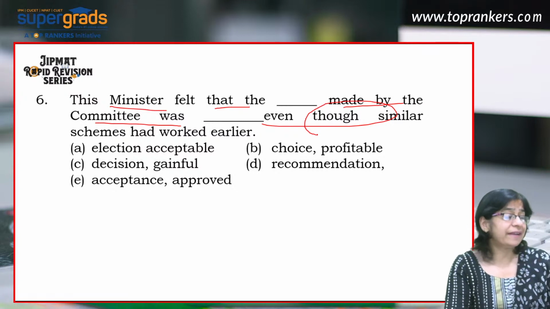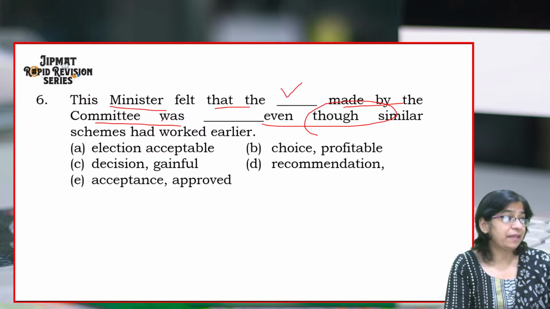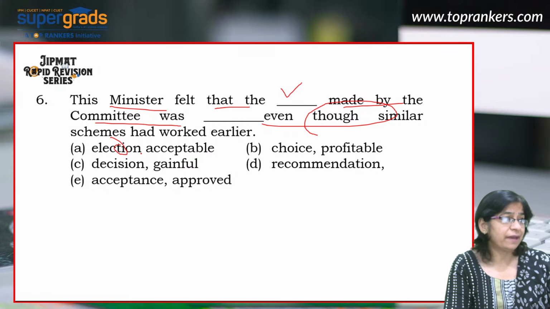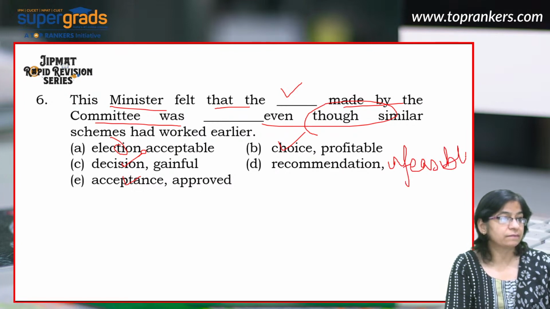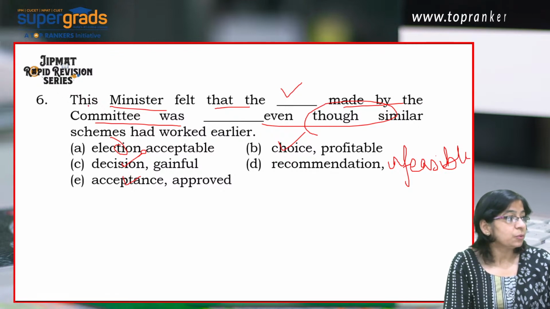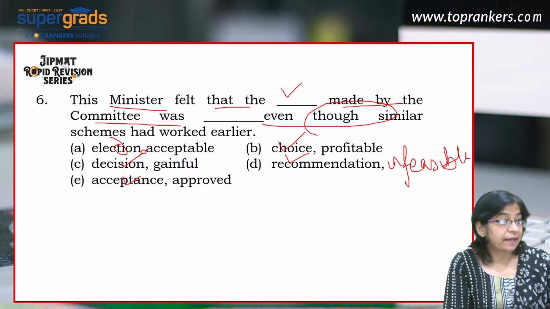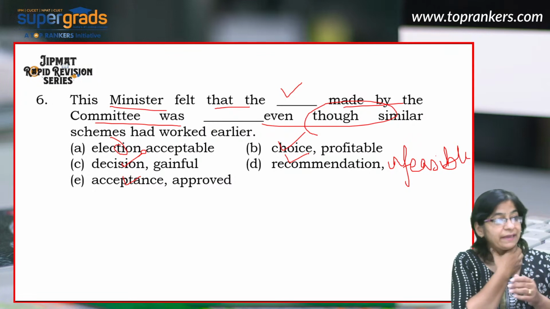So the minister felt that the dash made by the committee, election made by the committee, the decision made by the acceptance, the choice, recommendation, I think there's a word missing here, infeasible. So the minister felt that the recommendation. So I guess,